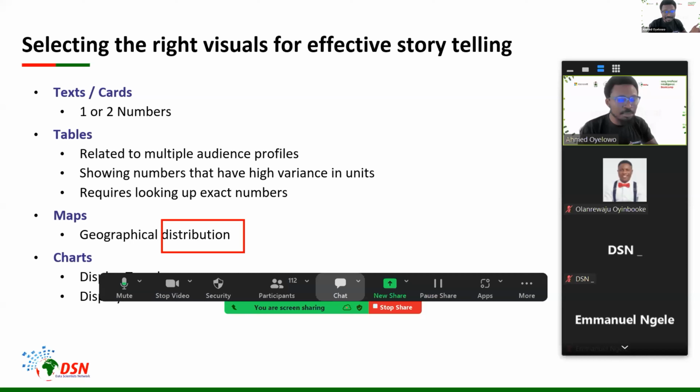Now, imagine trying to create a visualization that tells us something like maybe just a simple top 5 states by revenue, right? Just a simple top 5 states by revenue is what we are trying to communicate, and you go to put that inside a map visualization. That message can get lost in that map visualization. That message can also be more difficult to read and understand in that map visualization because you can easily use a different type of visual to convey that kind of information. So we use maps when we have to present data that have geographical information, and the information we are trying to communicate has to do with the distribution of the numbers.